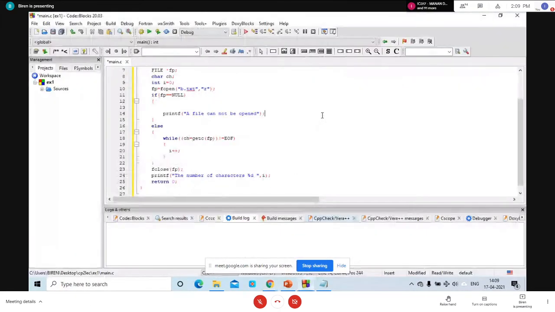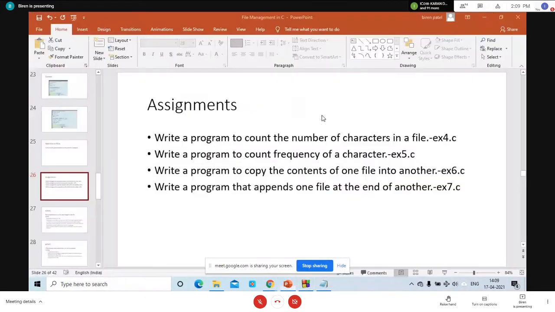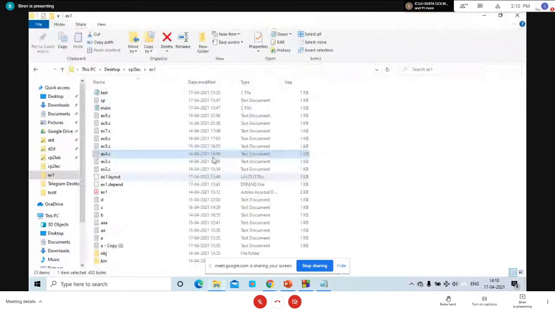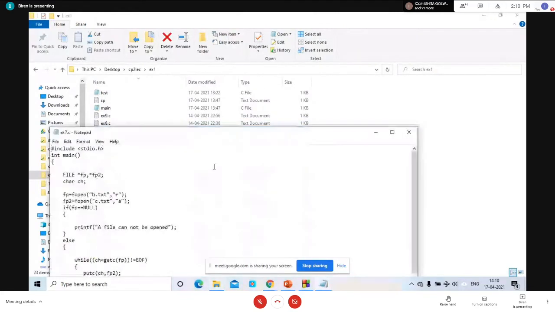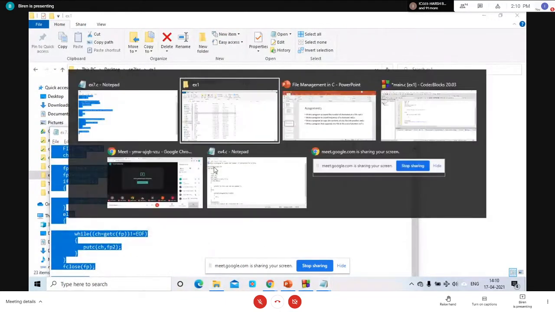Okay, so let's discuss the next question. Write a program that appends one file at the end of another. Now the question is, we want to append data of one file.